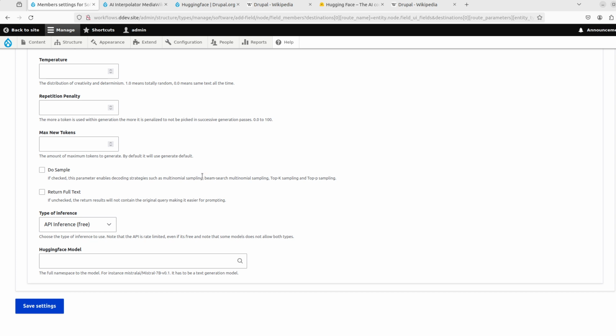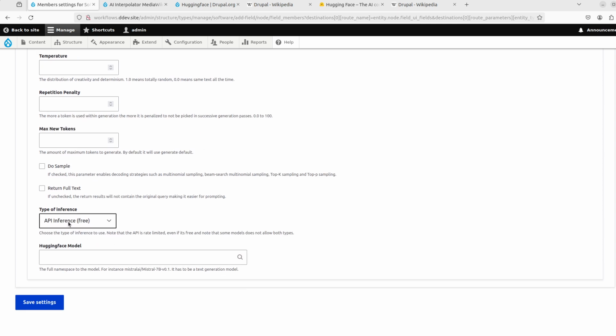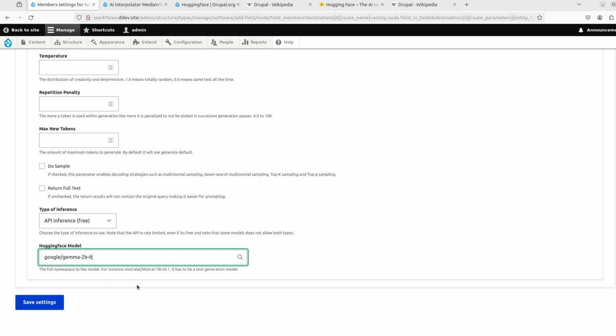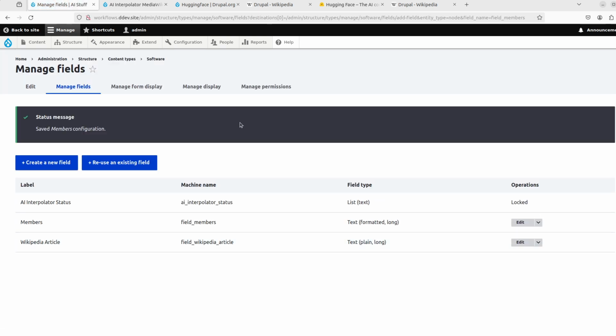So we just leave it like this, right? And we're gonna use the free endpoint, and I'm just gonna start writing. So there is an autocomplete here, and I take Gemma 2B IT,